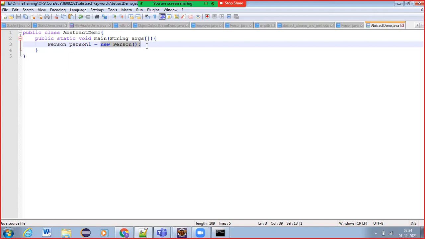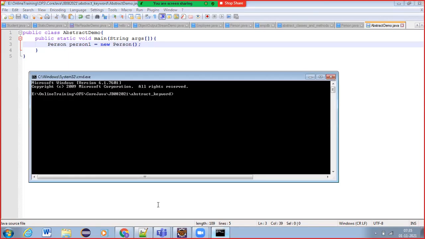So remember the terms I'm speaking and typing in these notes. Here we call it object instantiation of the Person class, but in simple terms, creating an object for the Person class. This is not permitted in the case of an abstract class, because we have declared Person as abstract, so it will give you that error.